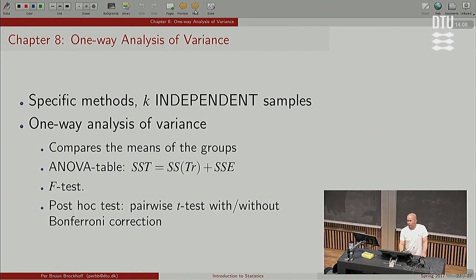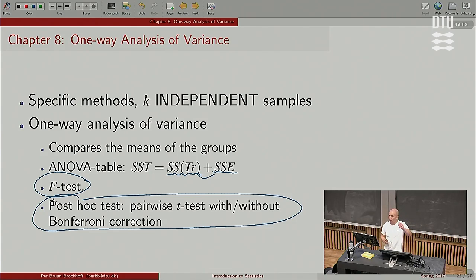It's called analysis of variance because that's the way we compare the means, by quantifying the differences between the means by a variability, the so-called sum of squares for treatment, that quantifies how different the means are in the different groups. And then we have the error variability. We can do the hypothesis testing where we compare the two in the right way, scaled the right way, by an F-test. And then we can do potentially post hoc comparisons of those pairwise means